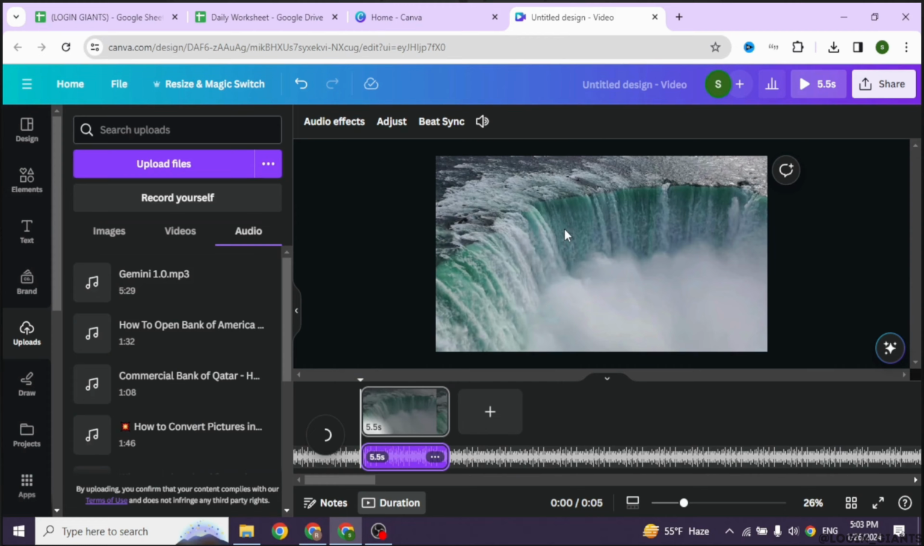Once you select the video, at the left corner you're going to find different options. Here towards this option of uploads, under that you will find different options. Go to this option of audio. Now over here you will see this option of record yourself. Click on it. With that, your camera and microphone will be enabled and you can record yourself and add that